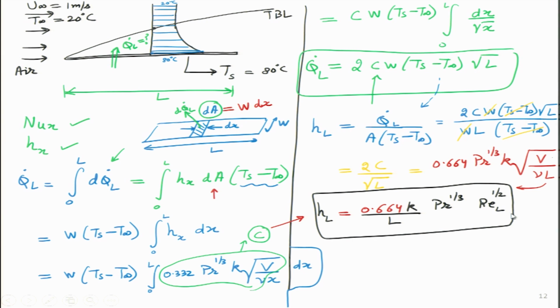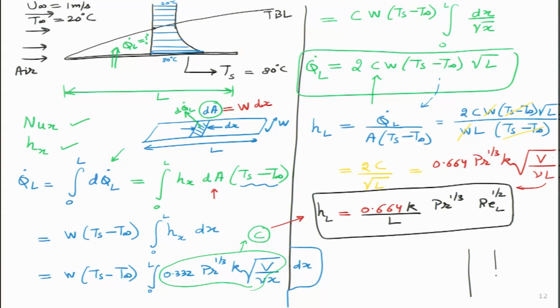So, if I know the length of the plate from which heat transfer is taking place, and I know the velocity with which the air is coming, I can figure out the convective heat transfer coefficient. Now, I think some students may have lost track of why we are doing all this exercise. So, I will go back to the conduction exercise. You remember steady state conduction in a plane wall, we have done so many exercises. I will just show that we used to figure out some temperature profile under steady state, and then we used to take two heat transfer coefficients, one on the left side, one on the right hand side. So, this was HL, temperature T infinity L, here we have T infinity R and HR.